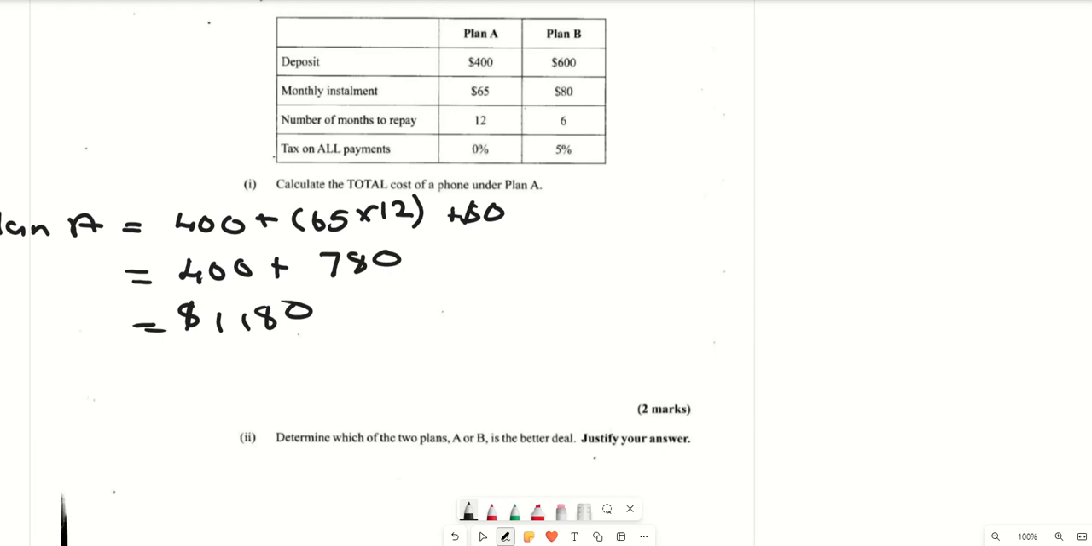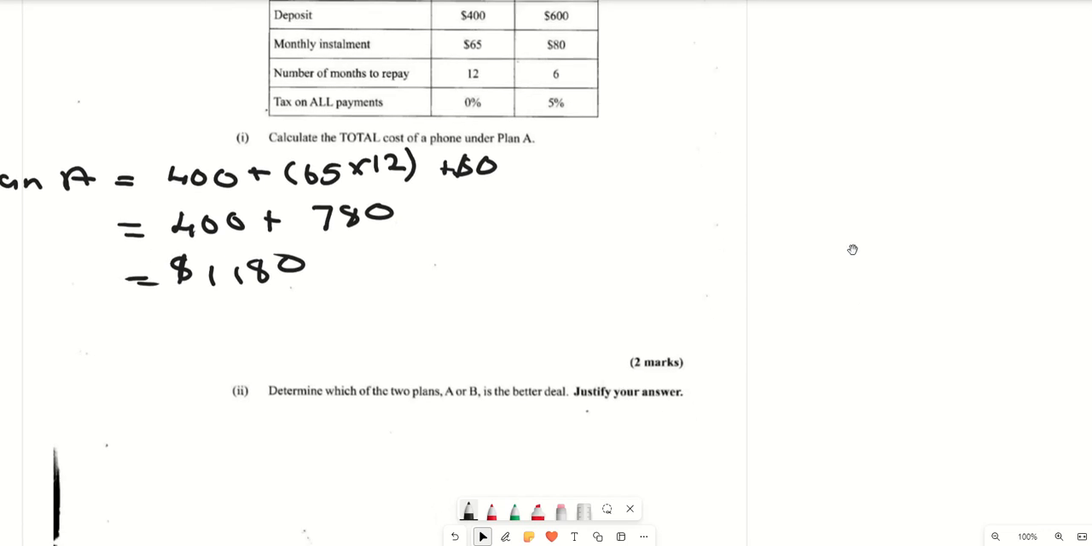Or what you can do is find out how much for 12. So we already know plan A is $1,180. Let's look at plan B. Plan B is equal to a down payment of 600 plus 80 multiplied by 6,